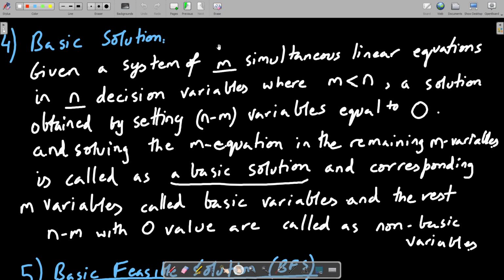So the extra variables, what we do is we put all of them as 0. See, when you were solving the problems last semester, you would put some value k, alpha, whatever, right? But now we'll put a specific value of k or alpha as 0. k can be anything you had learned, right? So now I'm putting only a specific value that is called 0. So these extra variables I'm putting equal to 0, and what remains with me is m equations in m variables, right? So I'll try to solve those equations, hoping that I'll get a unique solution now.